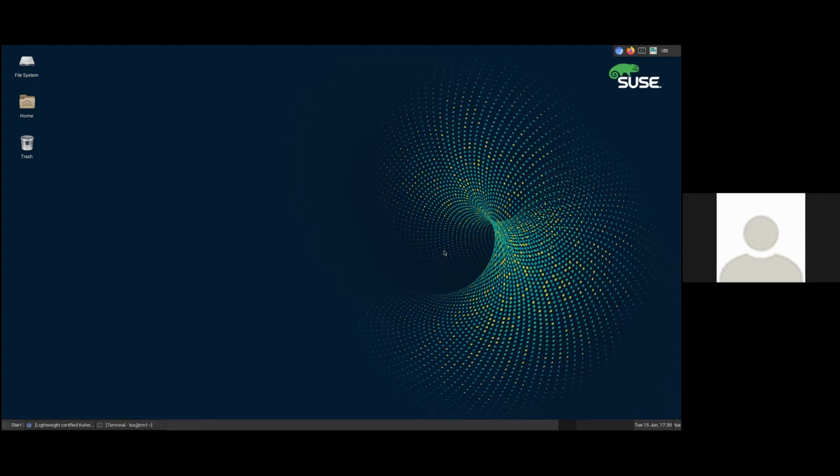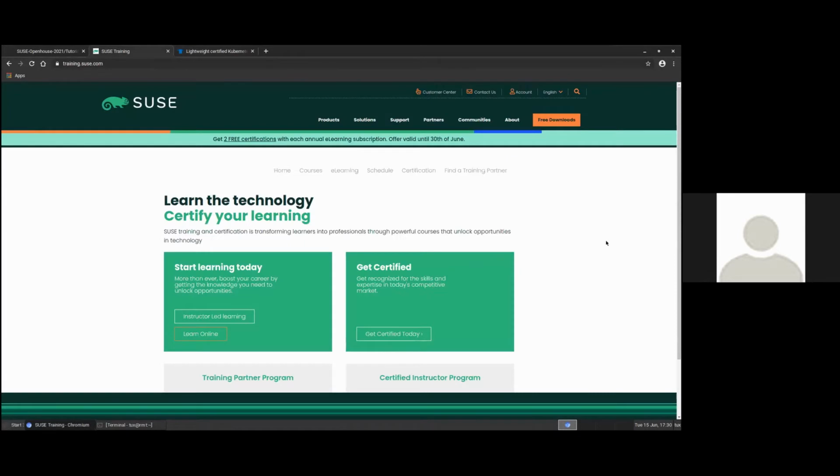I'm a training engineer at SUSE. Basically what that means is I write the documentation that goes into training for our training classes. Since SUSE has several types of products, and they're pretty complex, we have training for that. So if I open up my browser here and we go to SUSE training,